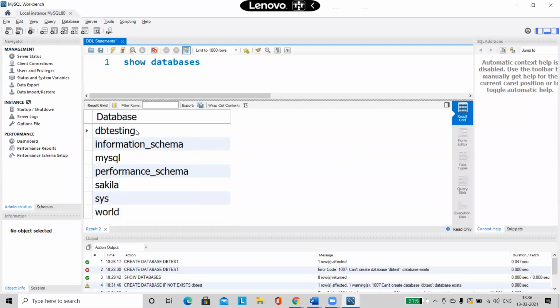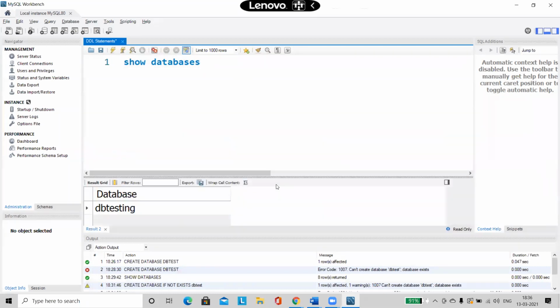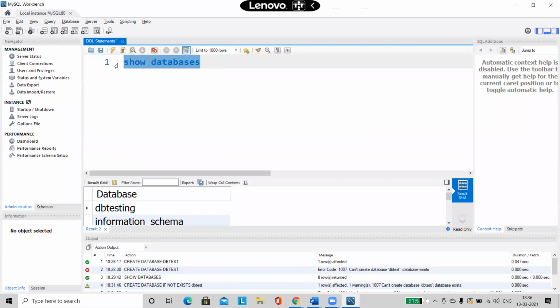The DB test has been removed. So the first basic thing you should be knowing is how to create a database, how to drop a database, and how to see what are the different databases that are present in your server. So these are the three key points you should be knowing, right?